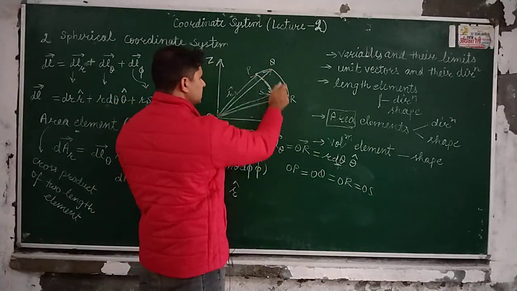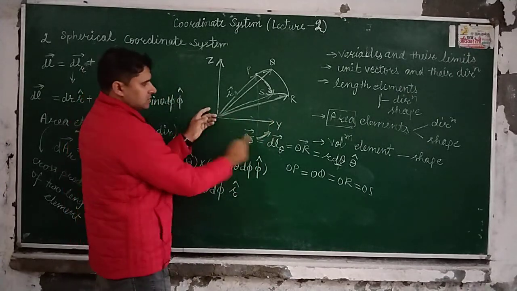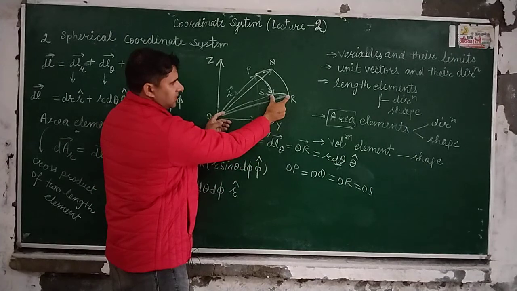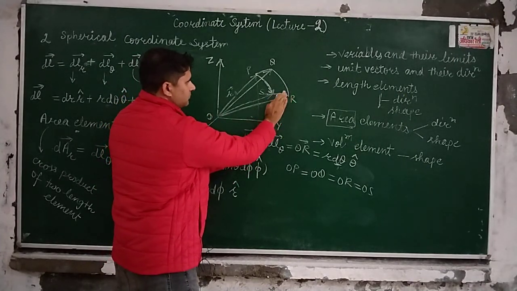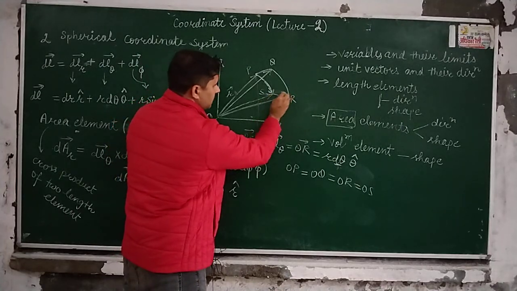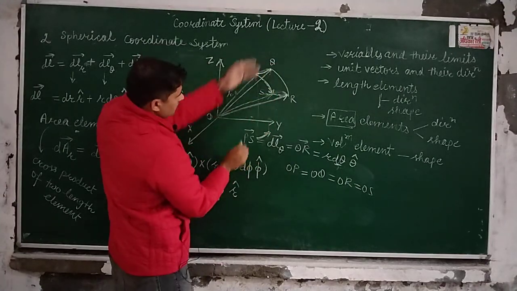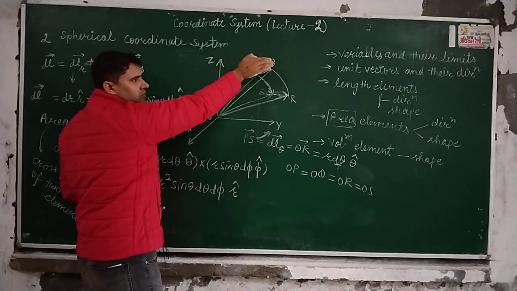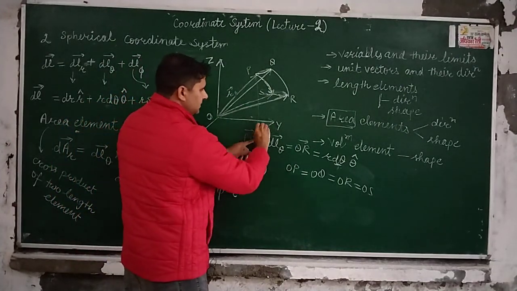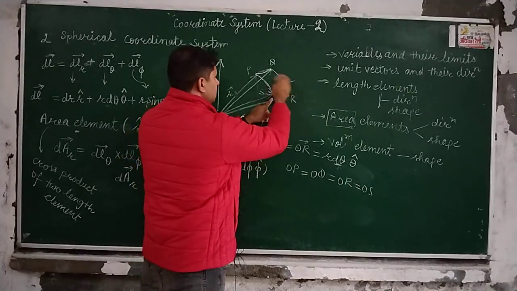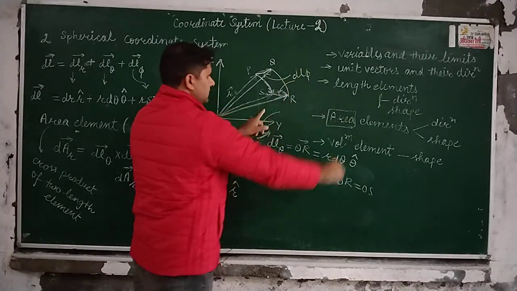Okay, now we are to see how we will measure the direction of this. This is the projection of this SR. If you take it in vector form, let me make it like this. If you find the projection of this curve in the xy plane, it will be like this. So this length element and this length element, these are dl and dl phi.